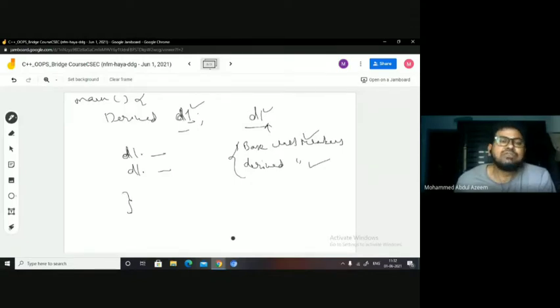You can see this is the block. In this block, D1 is declared. A block starts from here and ends here, right? So if I have any other block after this, D1 is not accessible. Yes or no? D1 cannot be accessed. Got it? So when the scope is out, the memory which has been associated with that particular object is still being retained until the execution of the program ends.